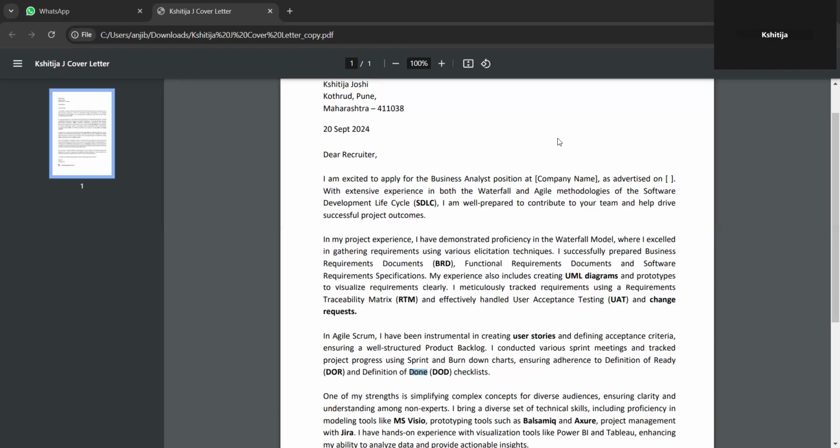And DOD outlines the criteria for when a backlog item or user story is considered completed, and now it is ready to release. It is important because it ensures that all the aspects like quality, testing, and documentation are completed, and the code is completed and reviewed, and the user story is documented and includes relevant instructions.